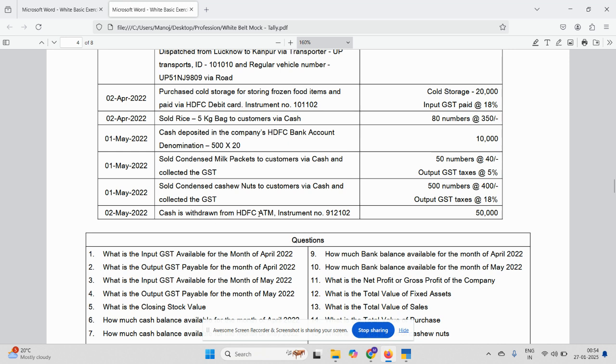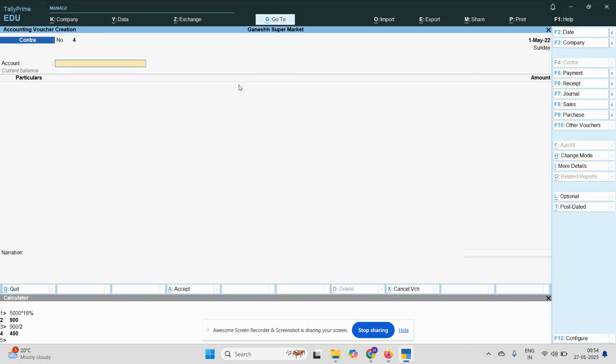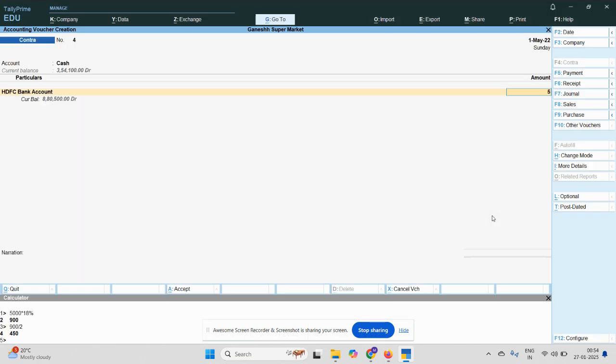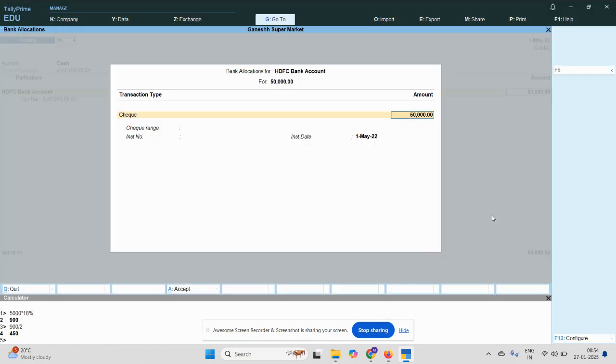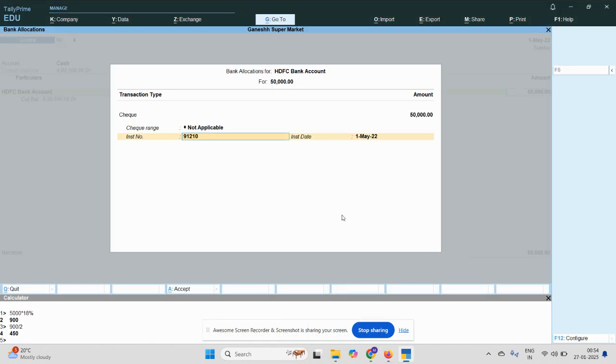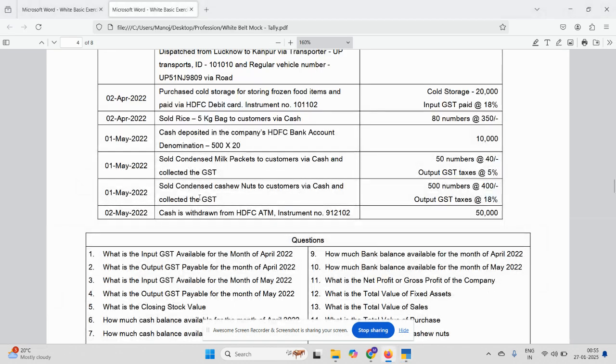Cash is withdrawn from HDFC bank account. Instrument number so and so, 50,000 rupees. 50,000 rupees I am withdrawing from the HDFC bank. So which voucher? Contra voucher. Yes. In the account I have to mention cash, and in the particulars I have to mention the bank account. Okay, I'm withdrawing cash from the bank. So how much? 50,000. 1 2 3 50,000. What is the instrument number they gave, right? Yeah, 912102. Done. So we have completed all the